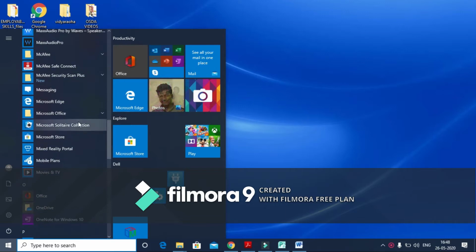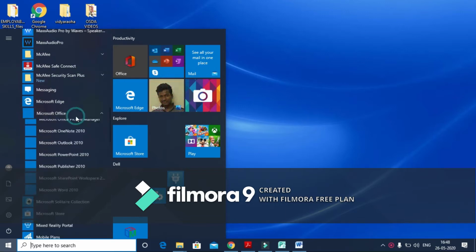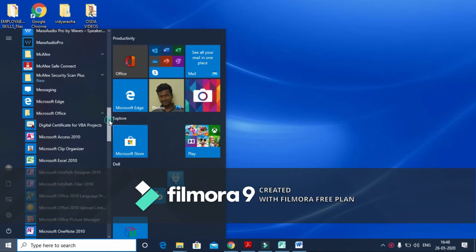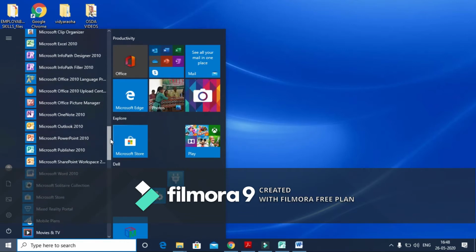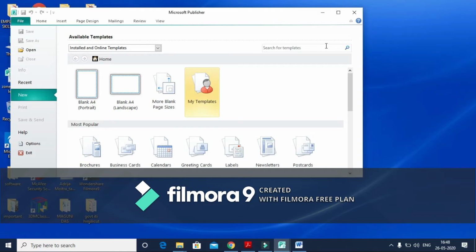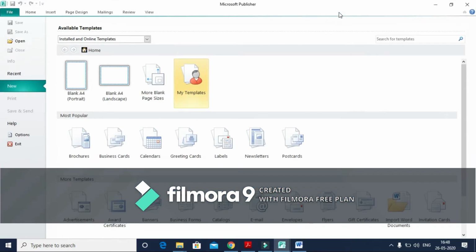Here, the tools are completely pre-installed in my system. As you can see, Microsoft Publisher is right here. Once I click on Microsoft Publisher 2010, this is the interface, the basic layout of Microsoft Publisher.